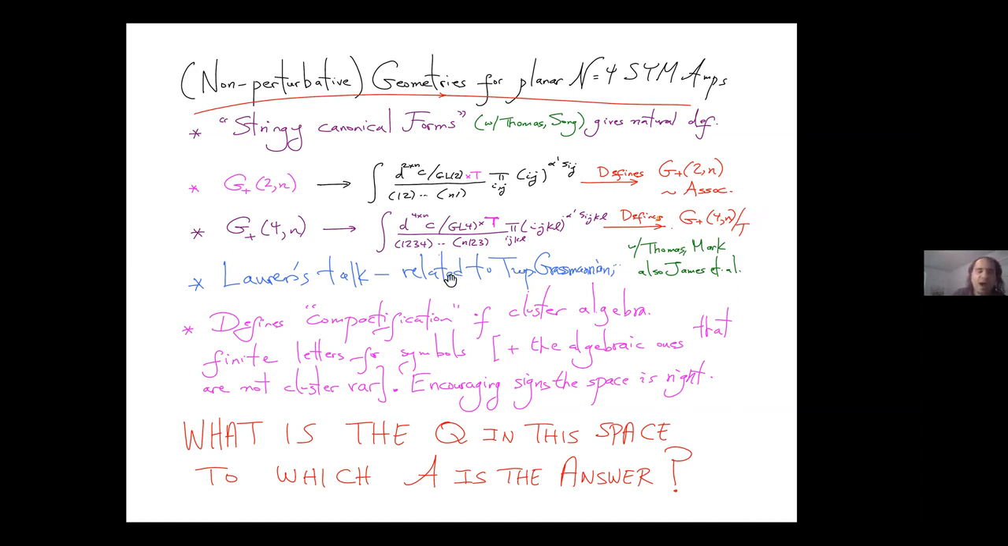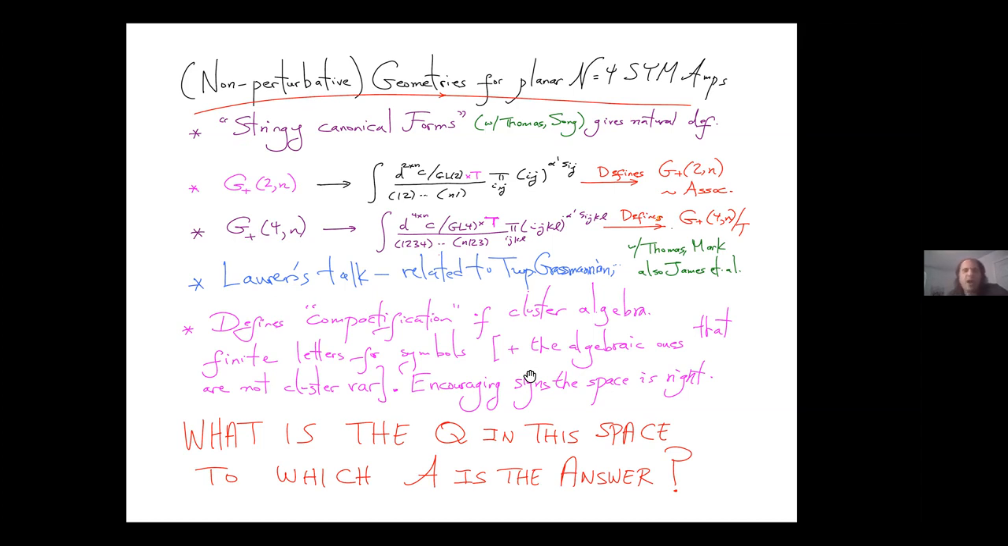And in fact, this space is related to what we just heard in Lauren's talk. It's related to the tropical positive Rashomonian, the Dressian, and so on. But for our purposes, it defines a compactification of the corresponding cluster algebra for G4n with a finite number of letters for the symbols, an interpretation for the algebraic ones that are not cluster variables. So there's a few encouraging signs that this space is right, although we have to think a lot more about